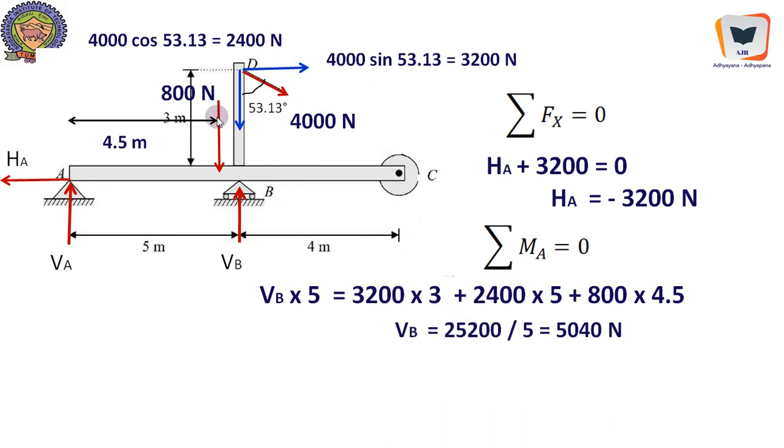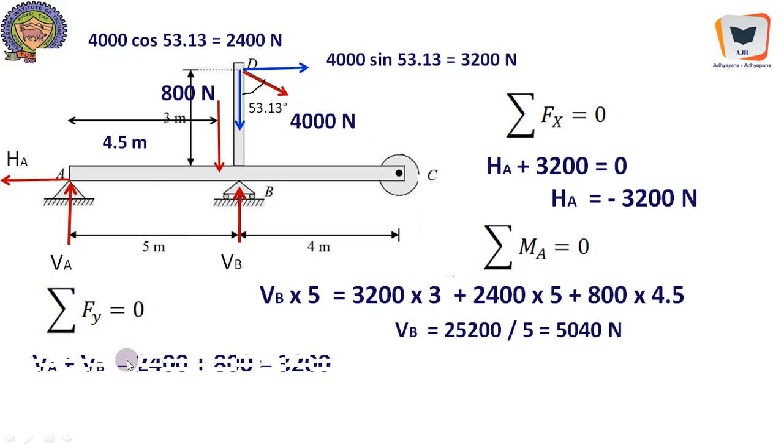Plus 2400, that is this component, the vertical component, 2400 into 9. This is the moment arm for that, because it will be acting over the beam, through the frame, plus 800 into 4.5. 800 is the self weight given. It should act exactly at the center. The length is 9 meters. Therefore it is available at 4.5 meters. Therefore we have got VB to be 5040 Newton, and Fy equal to 0 will give us VA plus VB